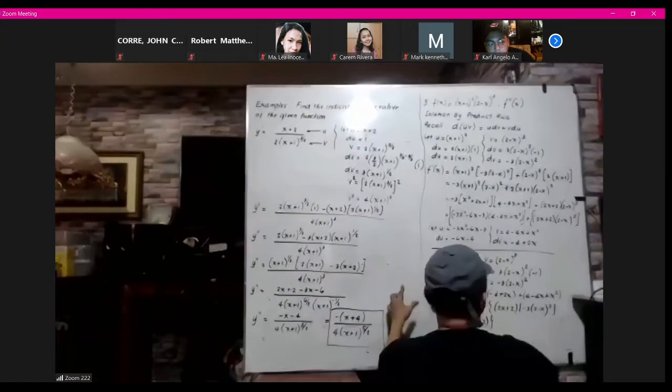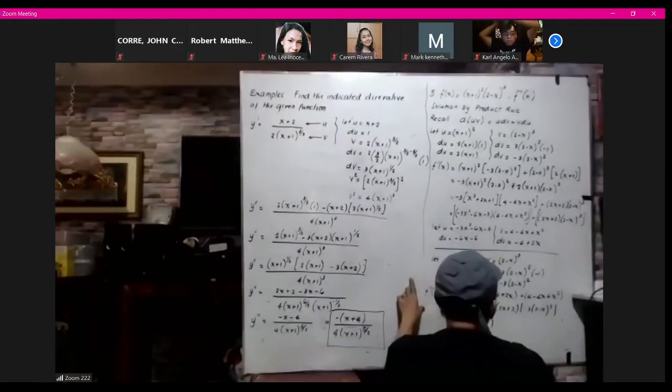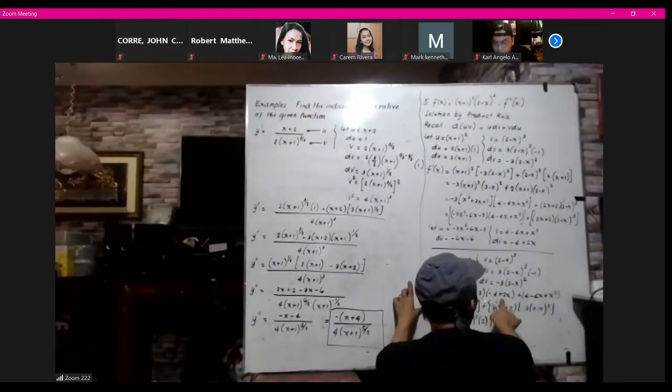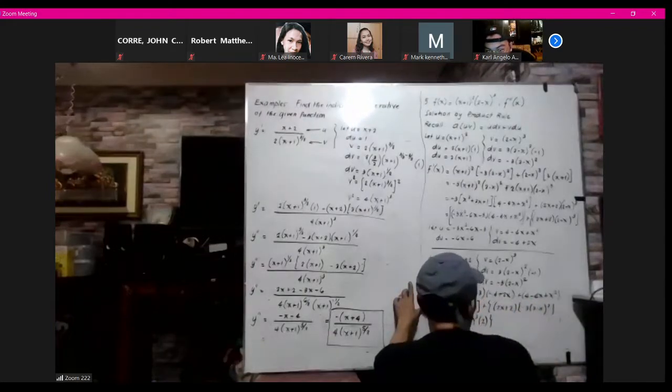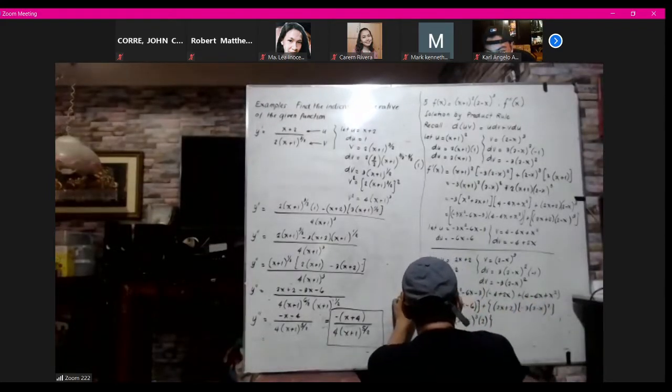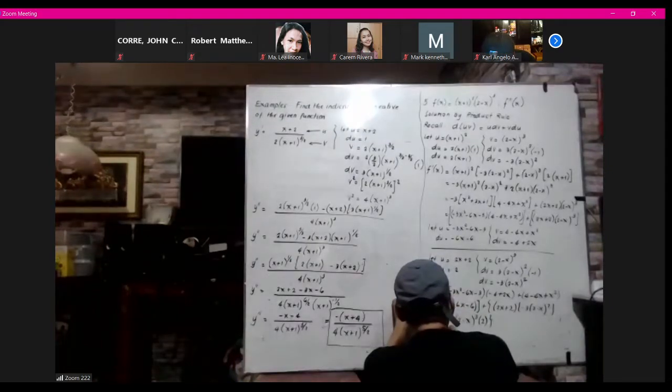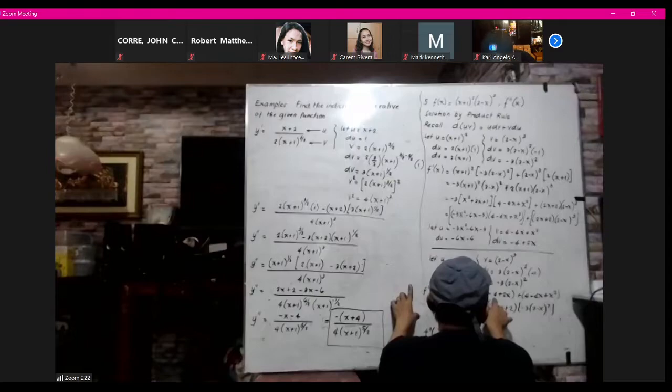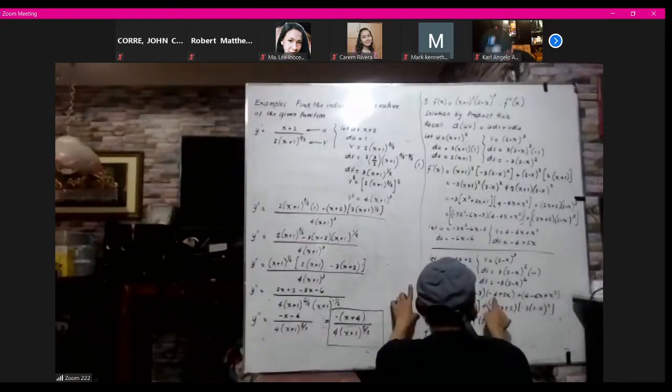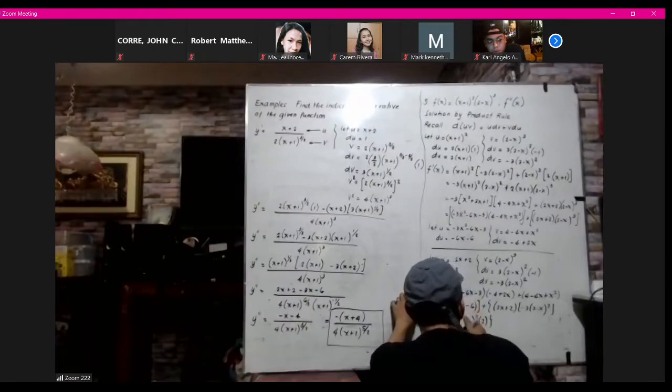So, lagyan natin ang parenthesis, ang braces. So, this time, pwede na tayong mag-multiply nito, mag-multiply doon. Okay. So, here, second derivative of the function of x equals, okay, start muna natin. Negative 4 times 3x squared, that is equal to positive